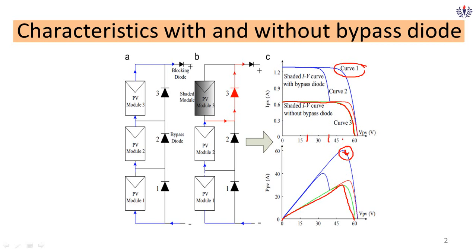Let me split this PV characteristic of uniform irradiation into two. Let us see this particular irradiation characteristic. Let me split; I have split it into two. In this region, let me say R1, and let me say the other one as R2. So in this R1, we have current as constant, this current 1.3 maybe somewhere. This current is almost constant in region 1. In region 2, your voltage is almost constant. So in a single characteristic, your voltage is constant in some part and your current is constant in some part.